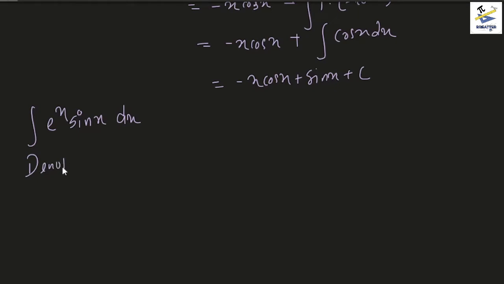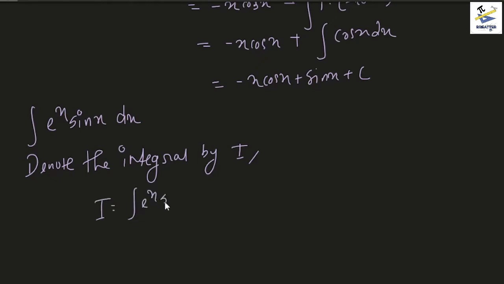Let's see. Denote the integral by I. Then what we have is I is equal to integral of e to the power x sin x dx. Now if you remember the rule ILATE, that is for exponential functions, that came last. So obviously e to the power x is going to be the second function here, and sin x is going to be the first function. So applying IBP, or applying integration by parts,